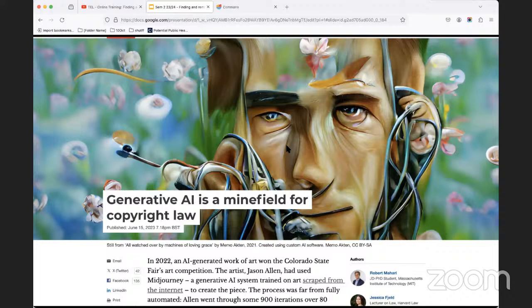The same way, if I'm trying to become a director, I will obviously learn from watching other people's movies, and I'll copy styles and techniques and so on used by Scorsese and other great directors out there. There's no law against that. So it's a real minefield at the moment in terms of copyright law and how generative AI is or should affect that, tie into that, or deal with that.